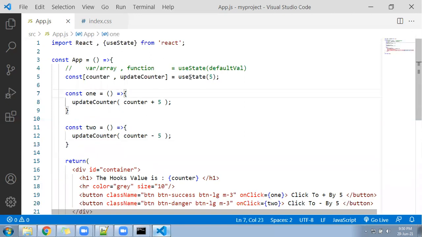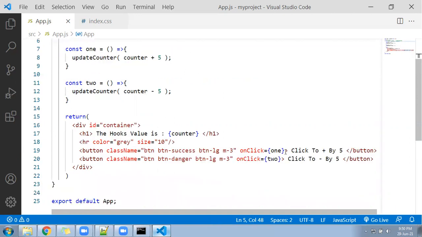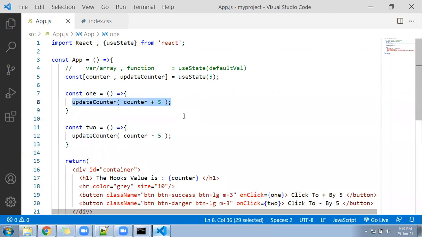It's useState. With the help of useState, we create a variable, a function, and a default value, and if you have anything you can pass it here. Then again you create your own UI and call the function. Inside the function, update the value or subtract from the value according to our requirement, right? So it looks simpler than a class component. Because of that, it is going to be used more and more. And remember, Redux is also based on hooks itself. So don't ignore it. Please have a look and implement it again and again till you understand, right?